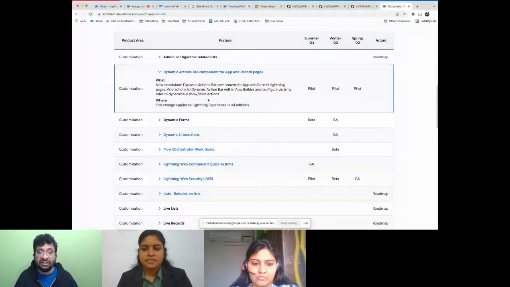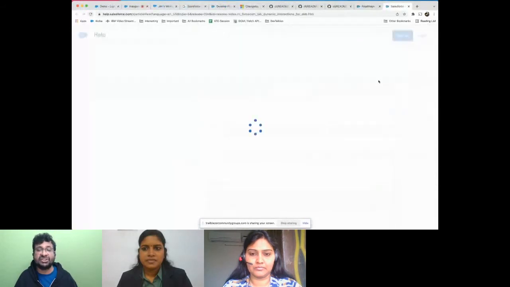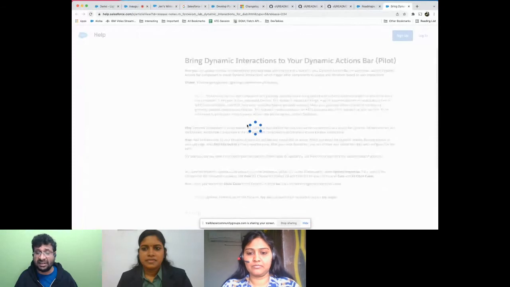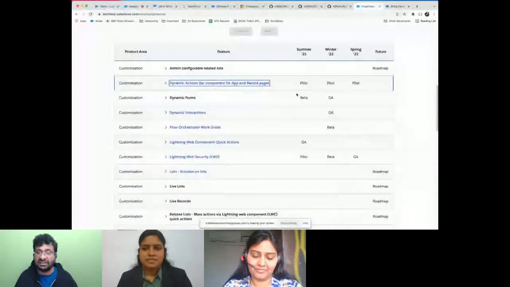And not only that, you can see some of these features listed as links in blue color. If you click that, it's going to take you to the help page, and you can look into the help or the documentation of that particular release feature. Okay, I clicked, and as I said, my system is really slow today. But yeah, here you can see the help page for that particular release item.